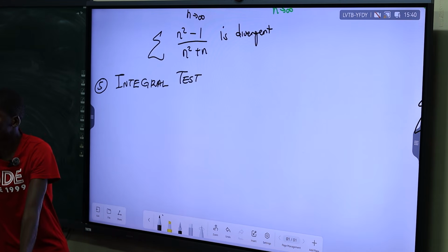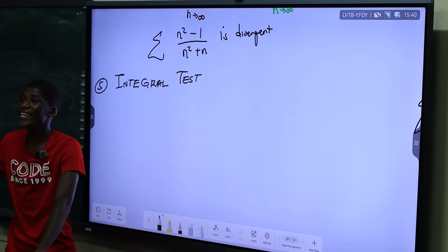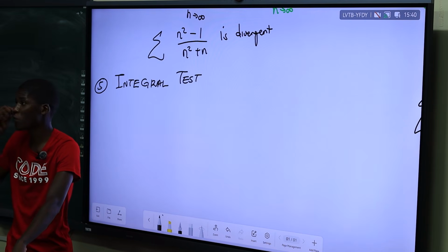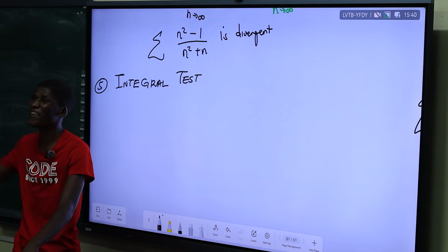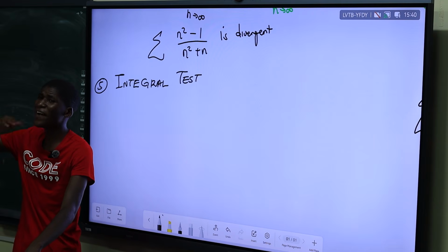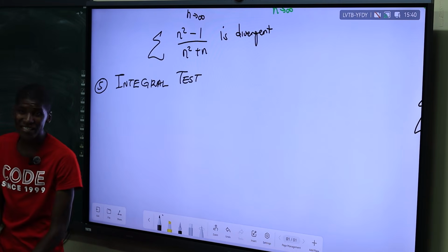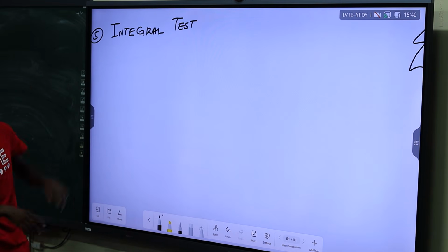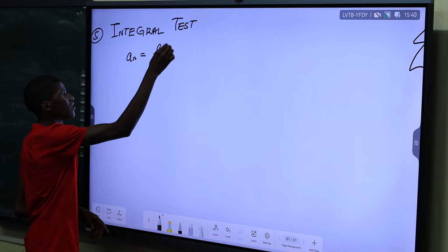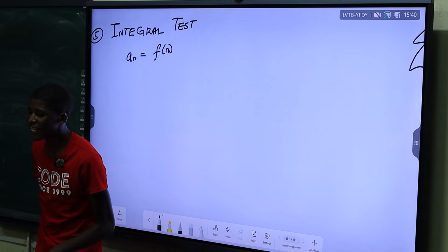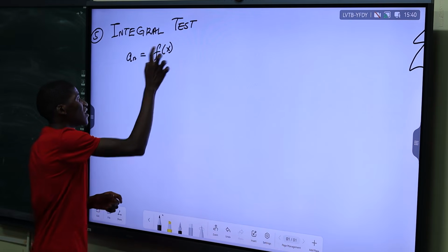Alright, so integral test. Remember that our sequences, the aN, we can definitely express them as functions. Remember at first when we were talking about the concept of convergence, what was happening? It's a function. aN can be represented as a what? As a function. So please revisit that session, I posted it as a video. So aN can be written as a function, but it's fine, let's just call it a function f of x.